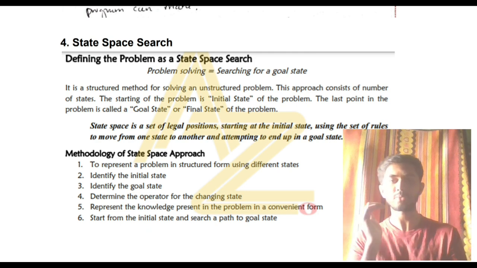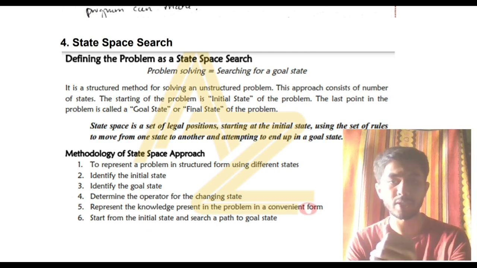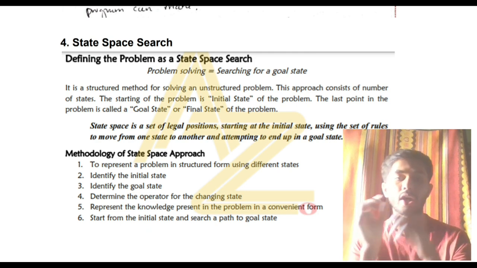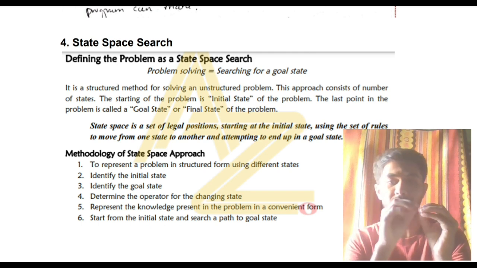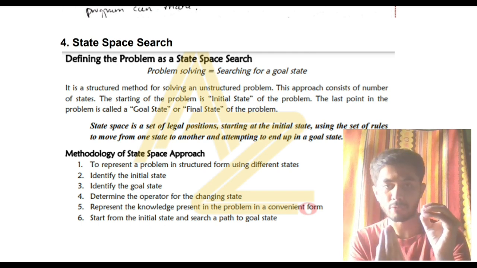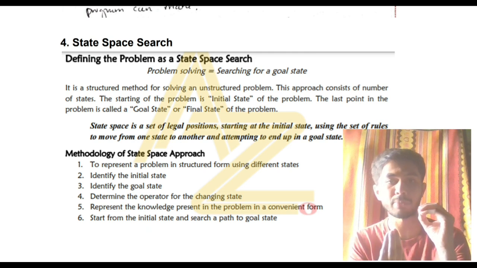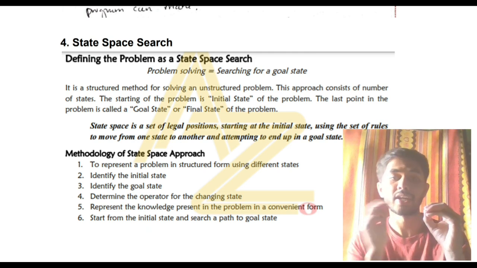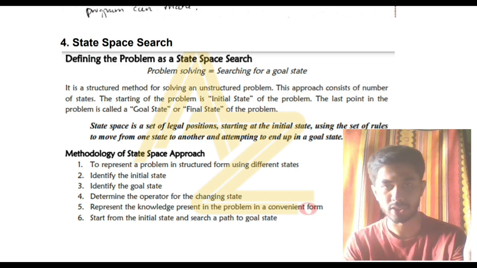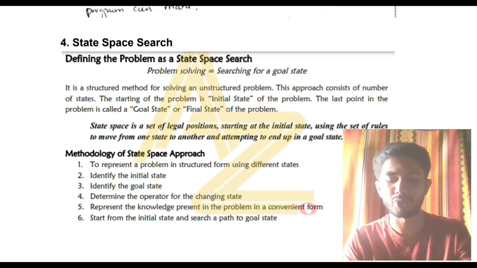You have a problem, and for that problem there exist many solutions. Among those solutions, which is the best solution you'll be choosing and moving ahead? That state you are searching. You are in a particular problem, you are searching a particular state which is the best for that particular thing, and you'll be choosing that state and moving ahead. That search is called state space search. Done. Now in the exam, what you have to write? You have to write this one.